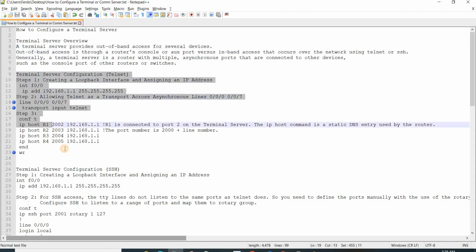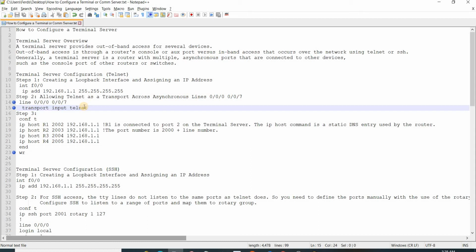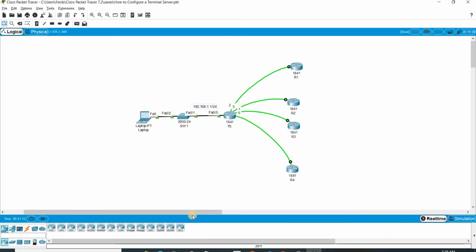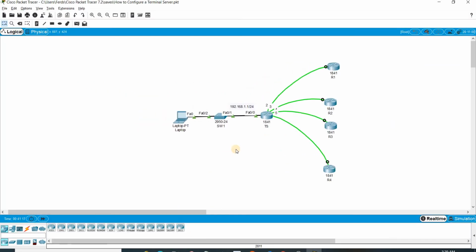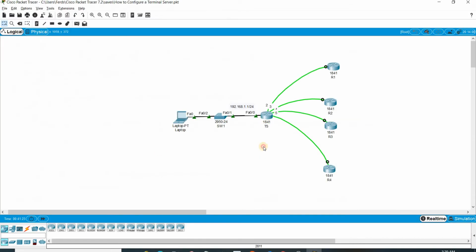This is how you would configure a terminal server if you want to use Telnet. So I have a topology here in Packet Tracer, and I already configured the server. The server here is actually this one here,